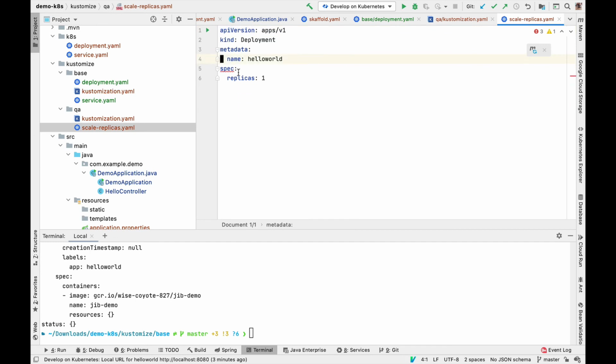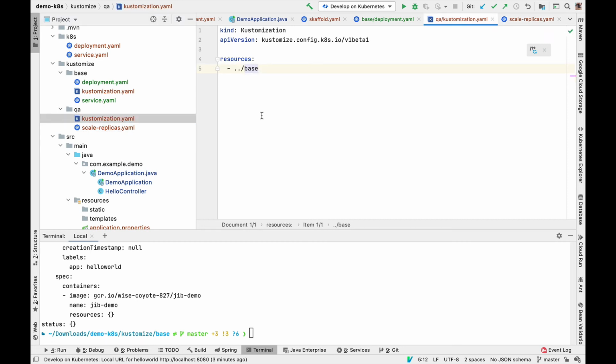And I don't need anything else. And then I can just focus on the key values that I want to change for this particular configuration rather than duplicating the whole thing. And so here in the replicas, rather than having 1, I can change it to 2. Back in the customization, I can instruct Kustomize to read this specific patch.